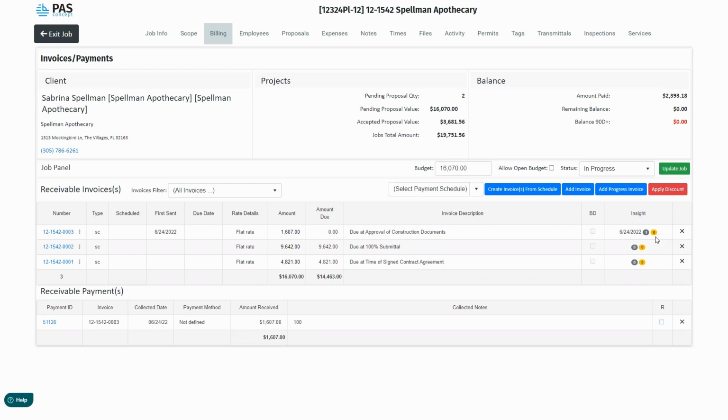So the invoices are sent in email. Within that email, there's a link. That link takes them to the invoice. We track the number of times that link has been visited. This gives your billing staff a wealth of information.